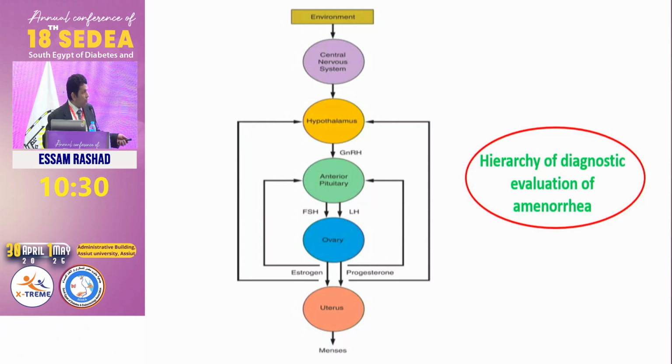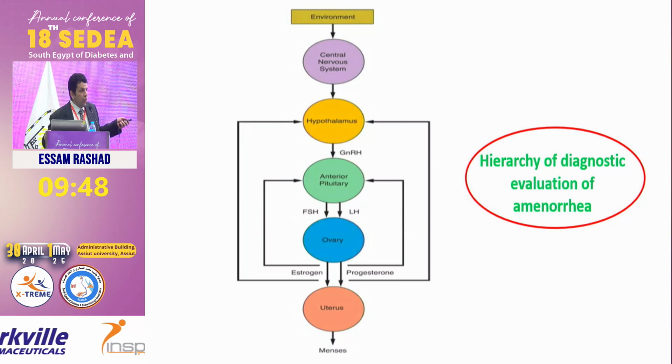Then above it, we need to have the ovary, which is producing steroids, estrogen and progesterone, which are working on the uterus to do the job. Then we need to have a pituitary and hypothalamus, which through the GnRH hormone and through the gonadotrophins, FSH and LH, are working on the ovary. And then above the hypothalamus is the central nervous system, which is relaying different environmental cues and stimuli and transmitting them to the hypothalamus to start working. So this is the HPO uterus axis we are working on.